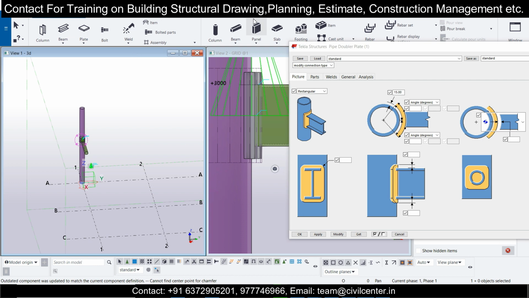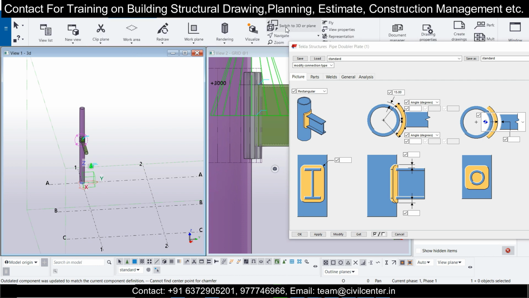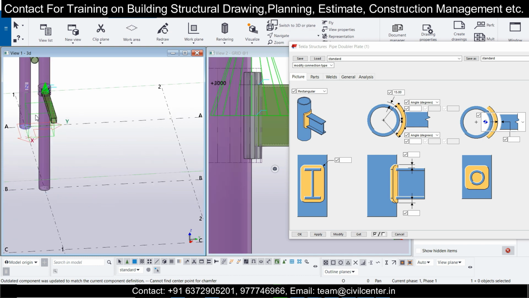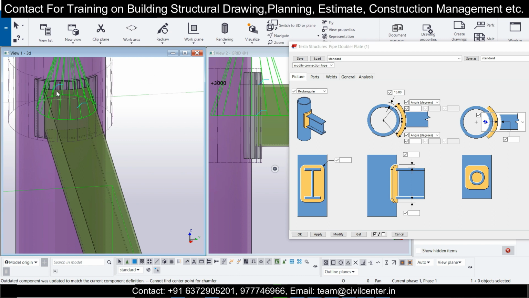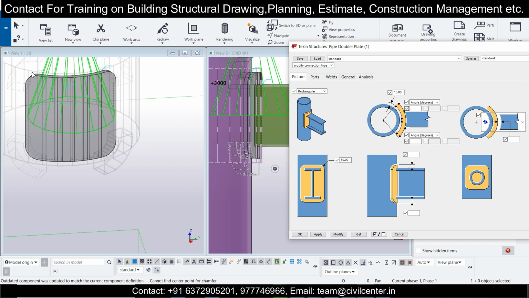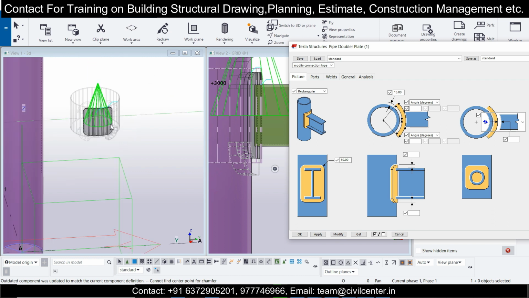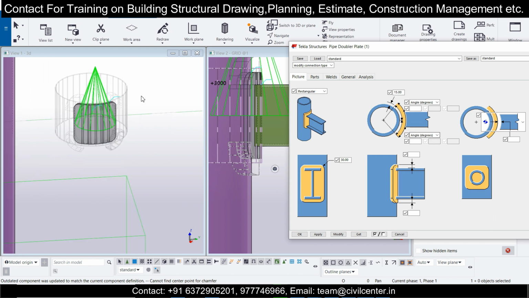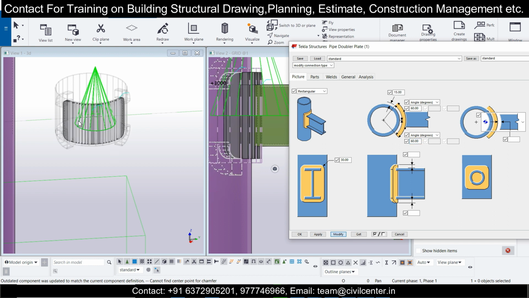If you want to see in the 3D view, just click on this view, go to view, and select this once, and then the view will be visible to you properly. As you can see, this is for the rectangular beams. If you want to give this a fillet of 30 degrees, just click on apply and modify, and then it will be curved at the ends at a particular angle like this. If you want to increase the length, you can do it using this. Suppose I want to give it 60 degrees, click on modify, and you can see this will increase. Here also 60 degrees, click on modify, and the thickness of this will increase.